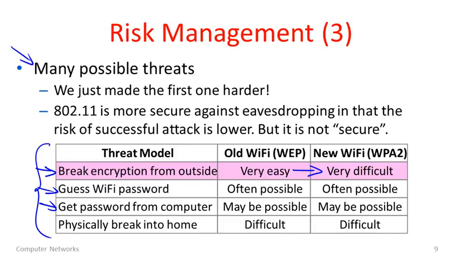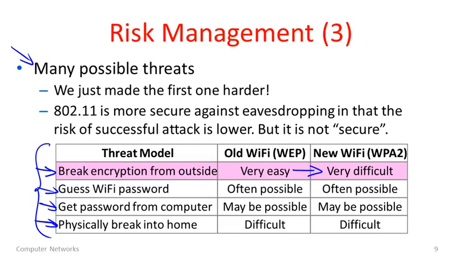But your home network security could be broken, so people could eavesdrop into it by people outside your house gaining access to the password where it exists in many other places. Failing all of this, you could physically break into the home where you have physical access to the device, in which case you'd be able to find out what's going on. This seems like much more effort. I've listed this as difficult. It seems very unlikely compared to the others.